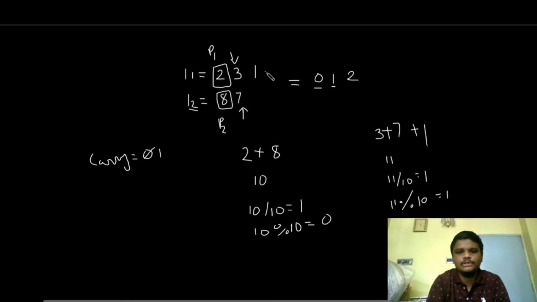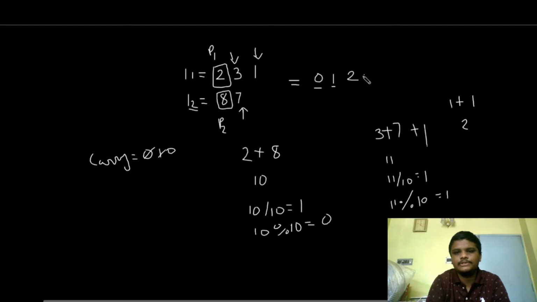So what we'll do is that we are going to only move p1 this time. Okay, so we'll be having p1, and the carried value we are having currently is 1, right? So we're going to add this value. Then again we are going to find the carry. The carry will be 2 divided by 10, which would give us 0, right? So carry will be updated to 0.